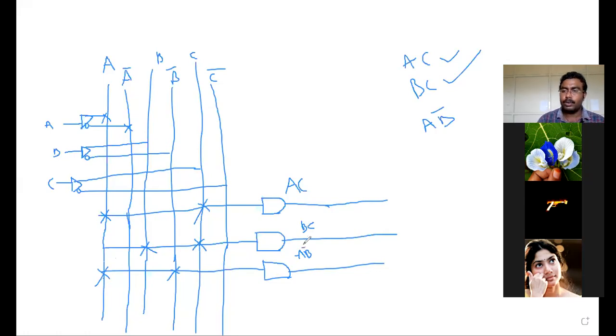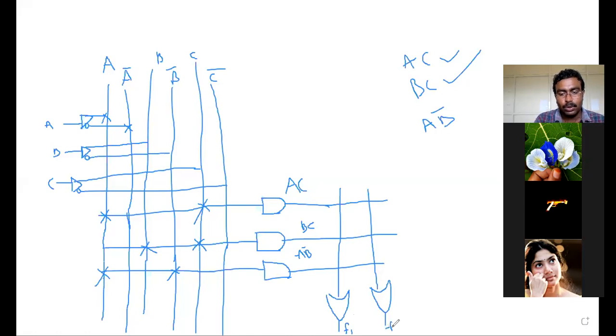Okay. So your programmable AND array, or AND matrix, is completely over, students. Now we need to go for the programmable OR matrix, or array. How many outputs are you having? Two outputs, F1 and F2. So you consider two OR gates with single lines connecting them. Let us assume that this is F1 and this is F2.